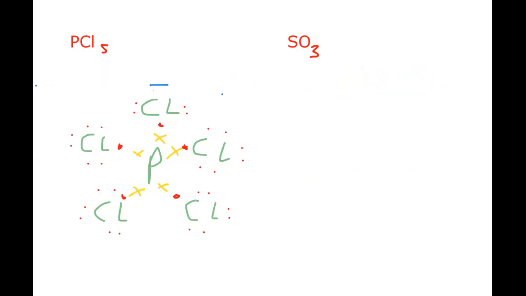Next is SO3, sulfur trioxide. In sulfur trioxide, again, sulfur will be the central atom because it can form more bonds. Now, this is a bit contradictory because both sulfur and oxygen are in the same group, sorry, so they both form 2 bonds conventionally, but in sulfur, octet expansion is possible. Sulfur's configuration would be